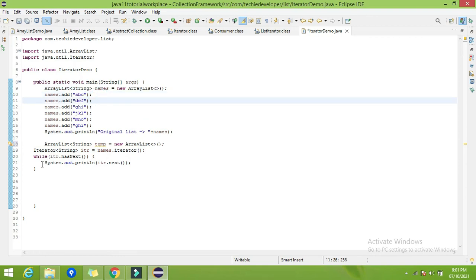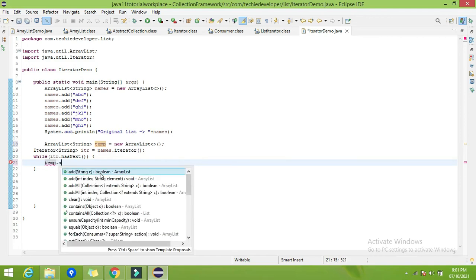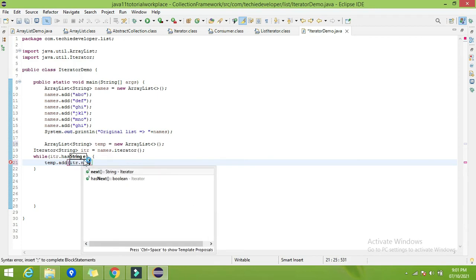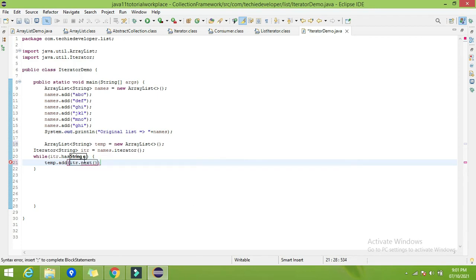So what I can do, now we are iterating already, so let's add these elements one by one. temp.add, what will be the element, itr.next, which will return the element, plus I want to append the particular string.